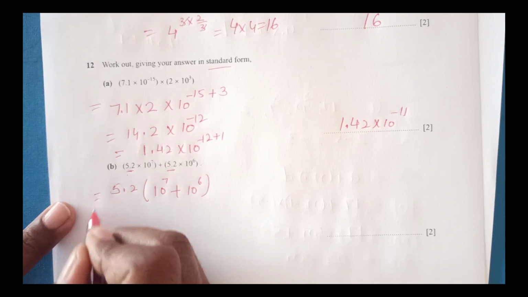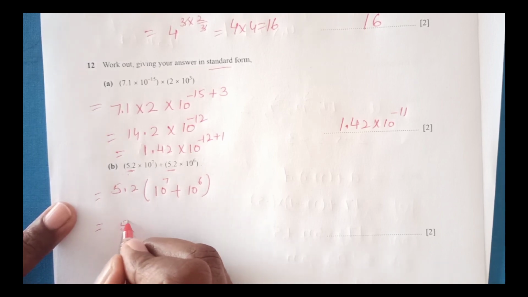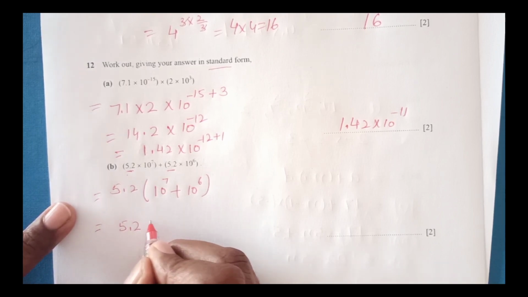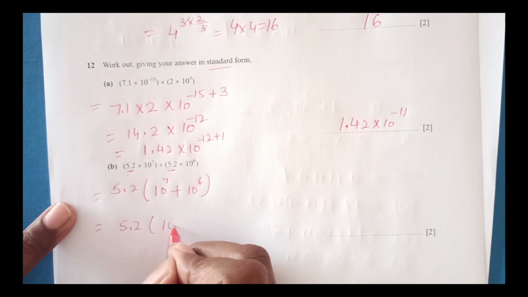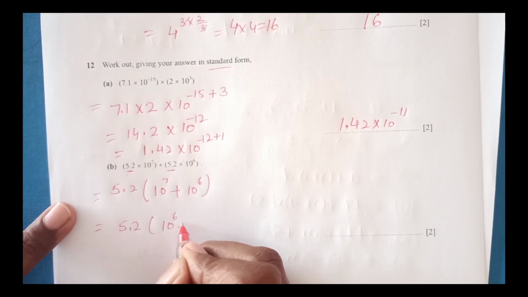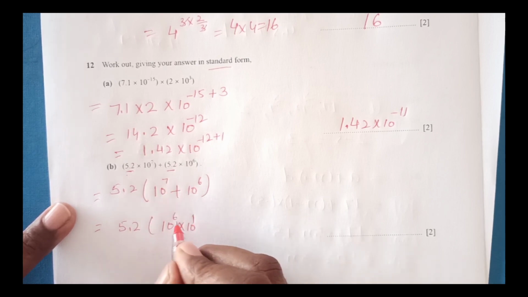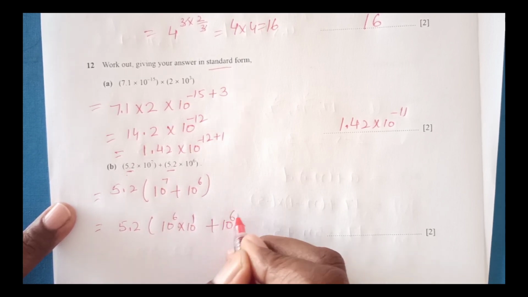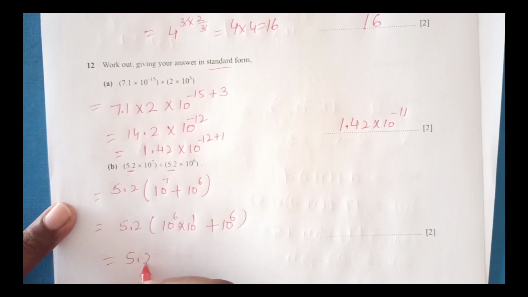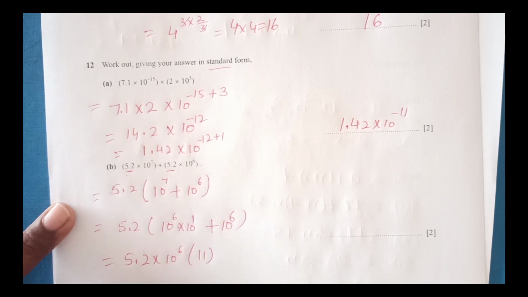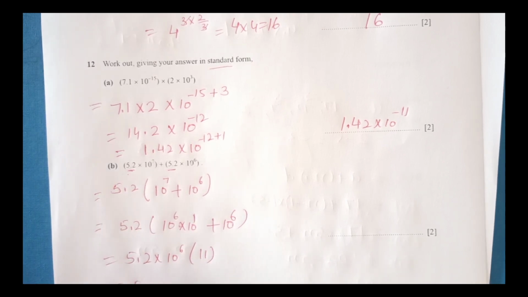Okay. Now another thing you can do here, 5.2 we can write down as 10 power 6 times 10 power 1, to break this 7 into 6 and 1, plus 10 power 6. So 5.2, now 10 power 6 is common, so then we will have 10 plus 1, 11, right? So now 5.2 times 11 times 10